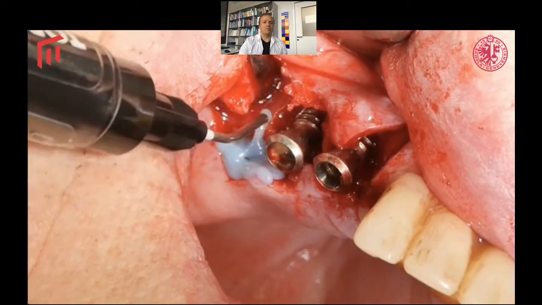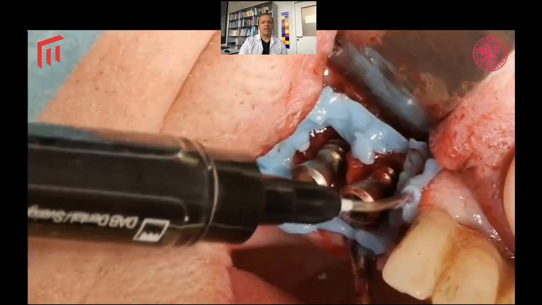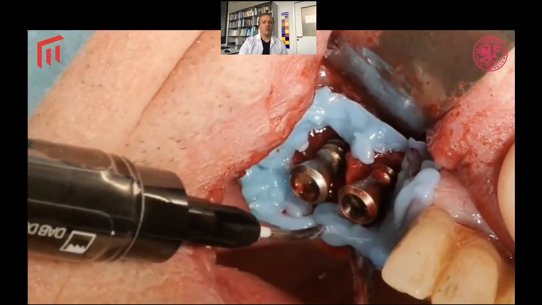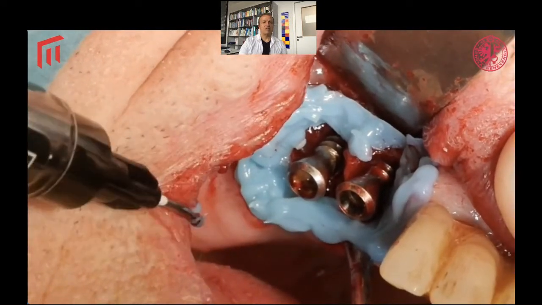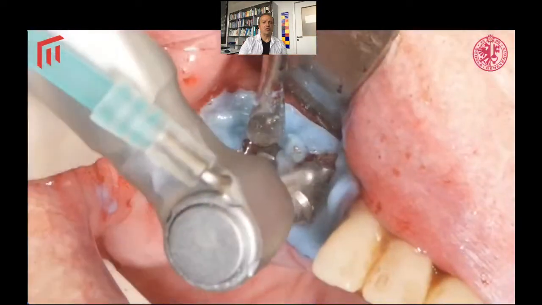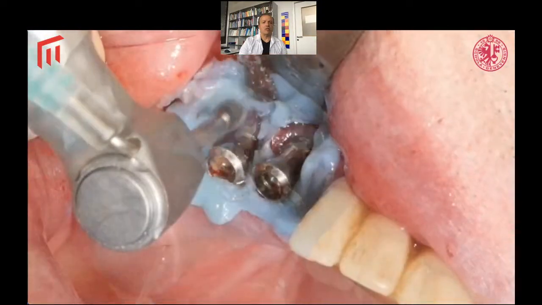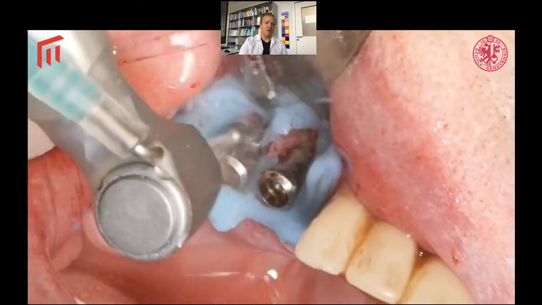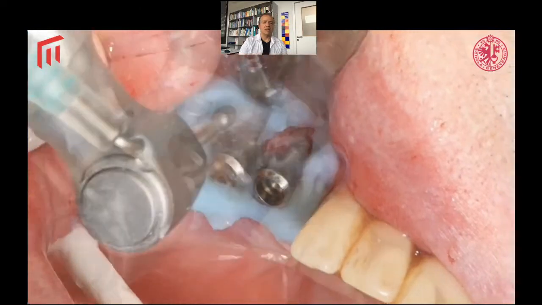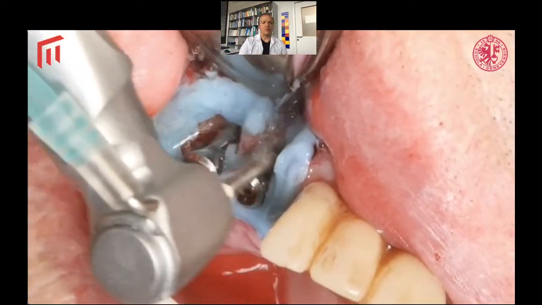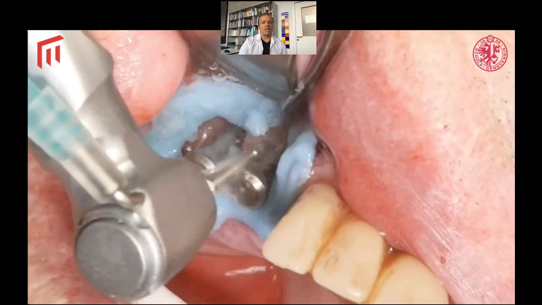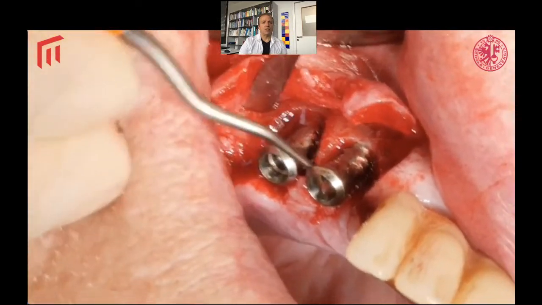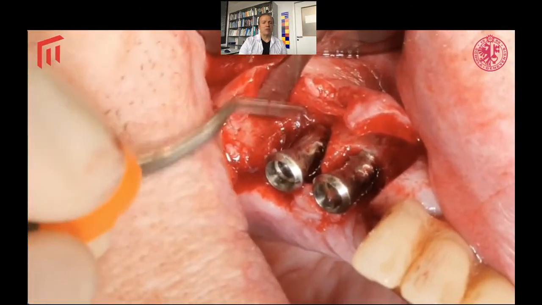Here I use liquid rubber dam to isolate the bone and especially the soft tissues in order to avoid or minimize the contamination of the tissues with the metal particles that will be generated from implantoplasty that will be performed on the buccal aspect of the implants, where you have the dehiscence and then the limited potential for regeneration. So on the buccal aspect the threads were removed, and then the implant was polished. The remnants of the rubber dam are